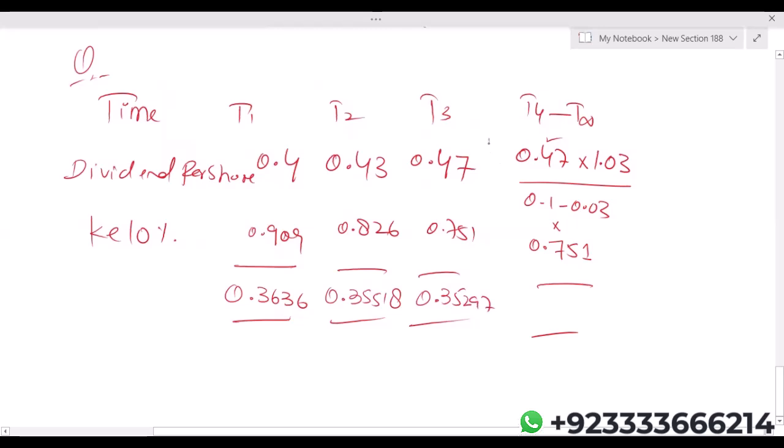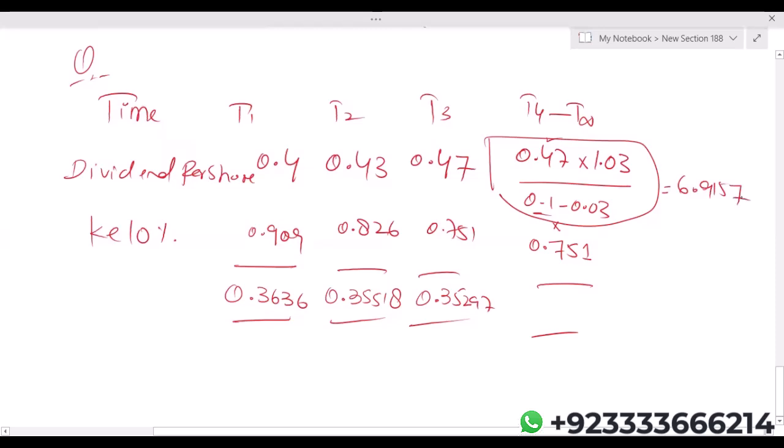Now, first you have to solve this. Whatever answer comes, that will be multiplied by 0.751. So let me use the calculator. 0.47 multiplied by 1.03. Then in the denominator, we have written 0.1 minus 0.03. So it becomes 0.07. So I'm getting the result. The answer of 0.47 into 1.03 divided by 0.07, I'm getting